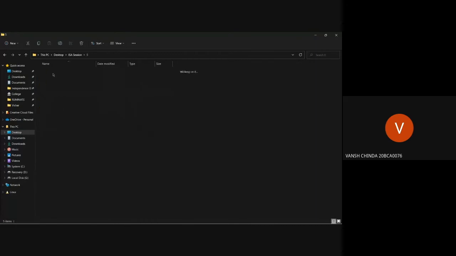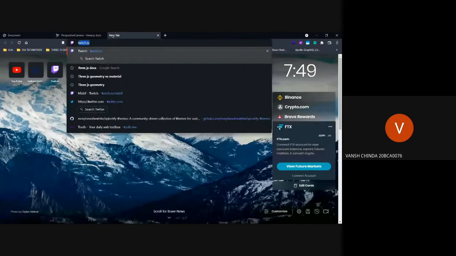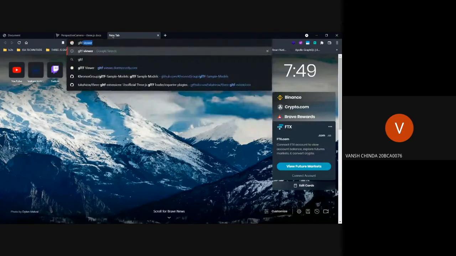So we'll go here in the models. I added another GLTF file of a Cybertruck. We'll show this later. Let's look at this abstract cube. Now, before getting into 3JS again, let's check if this worked. Let's see if our exporting of this file worked. So we'll go to the GLTF viewer.